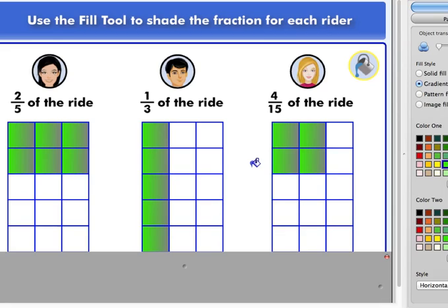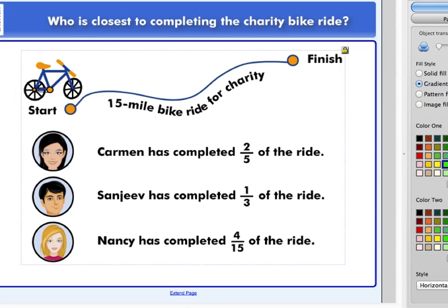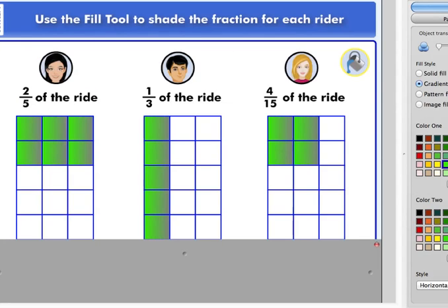Okay, so now that we're looking at each of those 3 fractions in the same terms, which one went farther? Which one has the most boxes filled? This has 4/15. This has 5/15, or 5 out of the 15 boxes. This one has 6/15, or 6 out of the 15 boxes. So that means that our first girl here, I can't even remember what her name was, Carmen has completed the